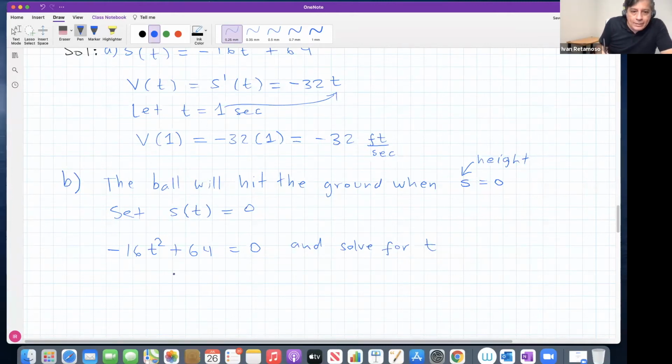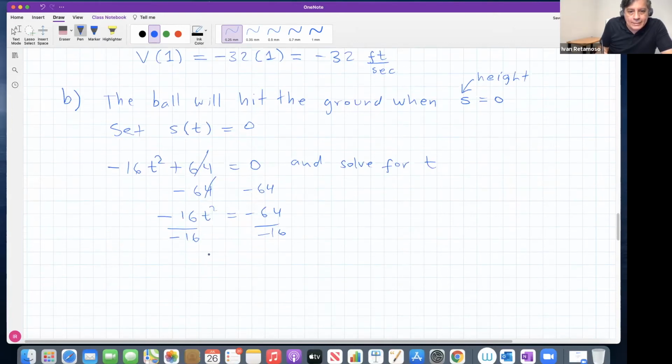Well, here you can solve this any way you want. There's factorization, there is isolation of the variable, many different ways to solve this, but one way is this. When you divide both sides by -16, you get t squared equal to 64 over 16, which is just 4. And when you take the square roots on both sides, t equals plus or minus the square root of 4,